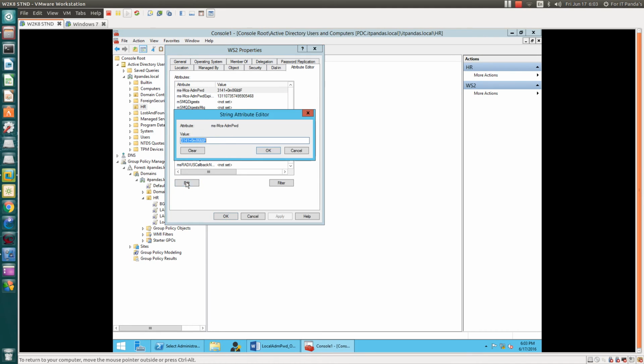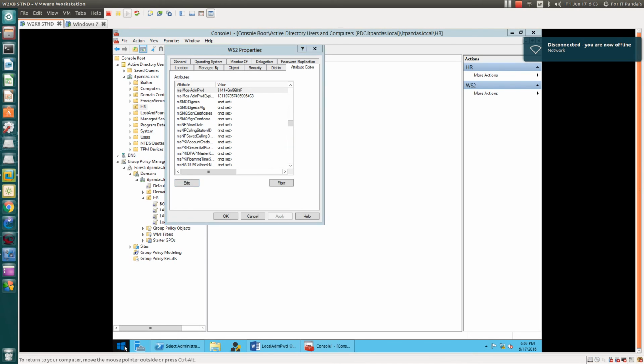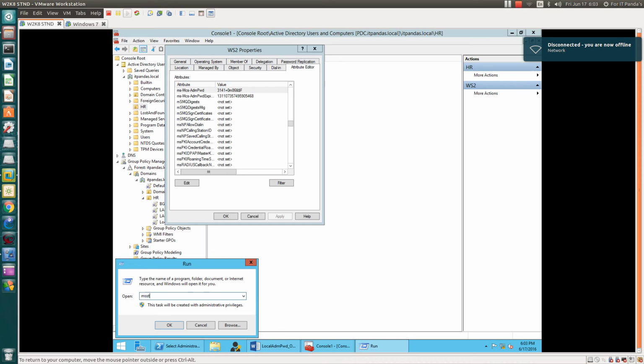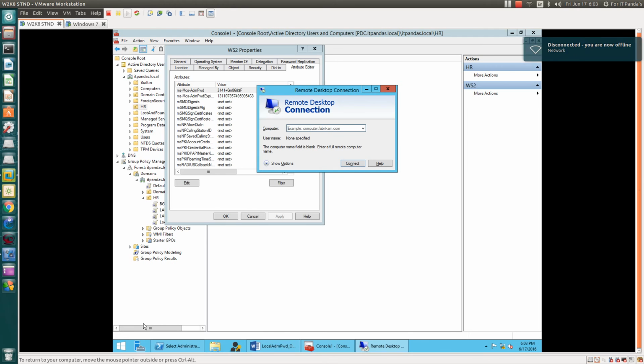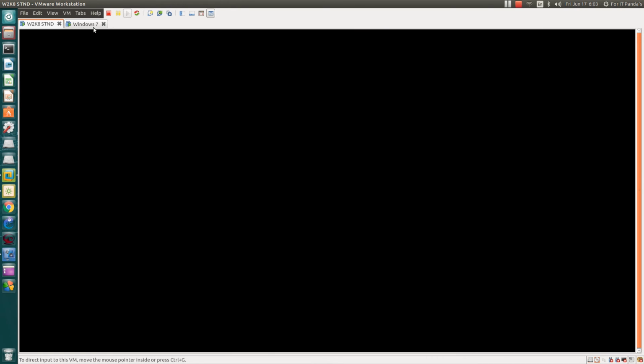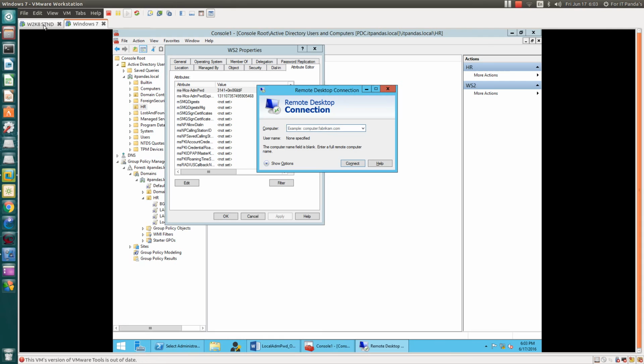So let's cross verify whether it is working properly. Let's open MSTSC, remote desktop connection. And what is the computer name? It's WS2, workstation 2.